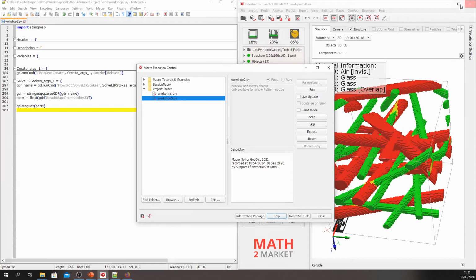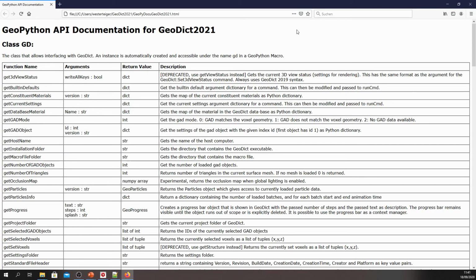And the other button, the GeoPyRP help button, if you click that, it will give you a very concise summary of the GeoPython API. These are all the functions that GeoDict gives you in addition to the standard built-in Python functions and modules. And all these functions are accessible under the prefix GD.